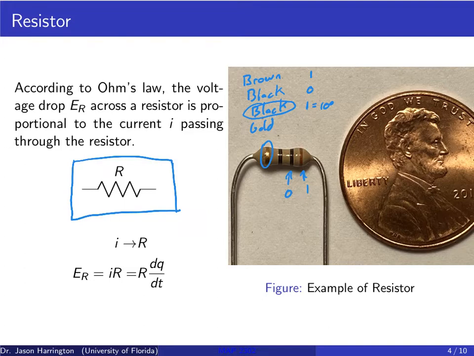And the gold is our tolerance. This is going to have a 5% tolerance. And if there isn't a gold band, that typically means it's up to like 20% tolerance or so. And so this resistor here is going to be a 10 ohm resistor. Typically the people who created these laws get to actually create the units. So in this case, resistors are always going to be in terms of ohms.